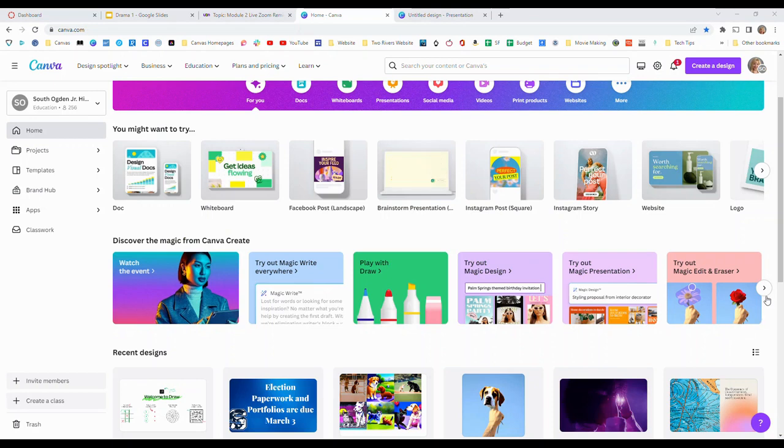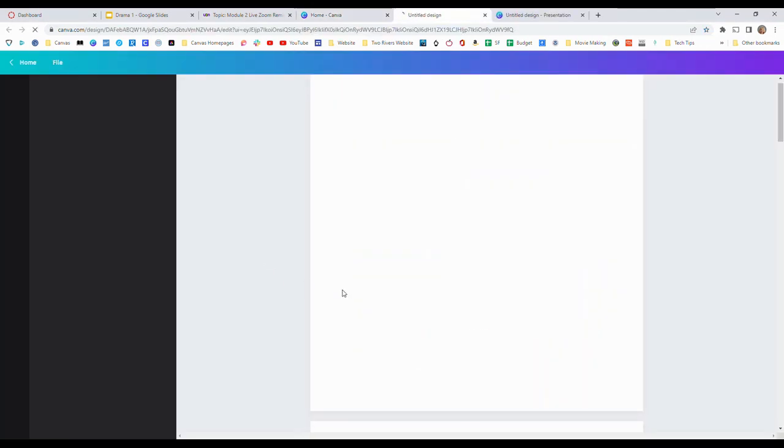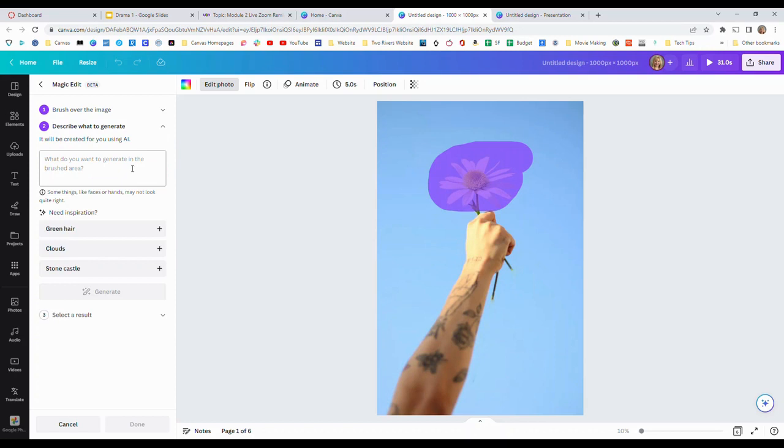The next new feature is the Magic Edit and Eraser. This one's kind of fun, and it's neat because it gives you an opportunity to test it out. So it says it wants you to brush over an image. You can change the brush size. I'm just going to select the daisy right here. And then what you do is click the continue button, and then we're going to replace this with a hot dog